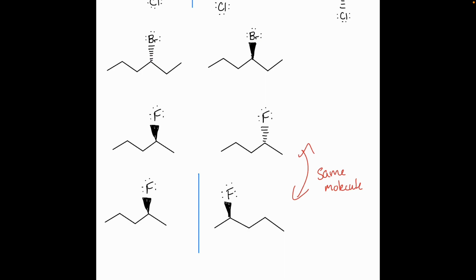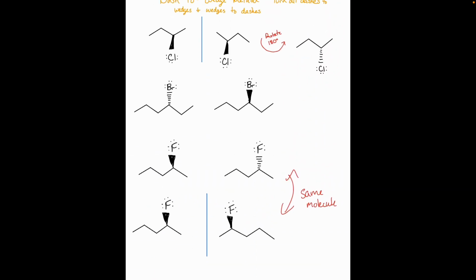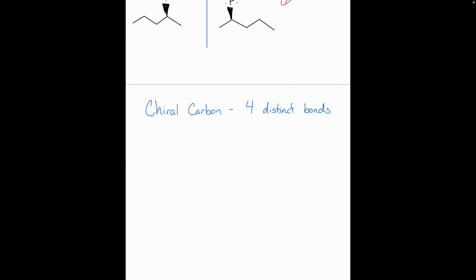This chiral carbon right here is bound to a hydrogen, to a chlorine. On this side, it's 2 carbons long, and on this side it's only 1 carbon long. So this carbon right here has 4 distinct bonds, which is what makes it a chiral carbon. Okay? So this terminology: a chiral carbon has 4 distinct bonds. Okay? Going back to this original example here,